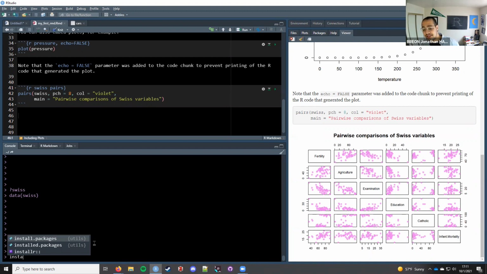Note that I started to type install and it wants to autocorrect all the way to install.packages for me. This is a function of RStudio helping you, whereas if you were just using R without RStudio, it would not help you do this. So I'm just going to hit enter in order for it to autocomplete. Then I'm going to type one quote and it will produce both. And type Pander and enter. It'll run that.